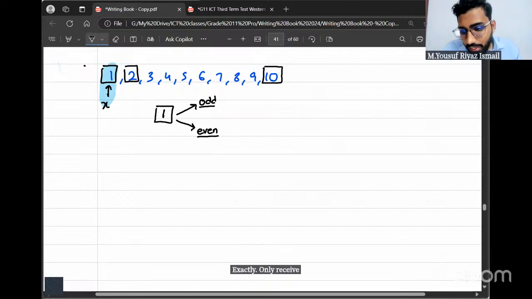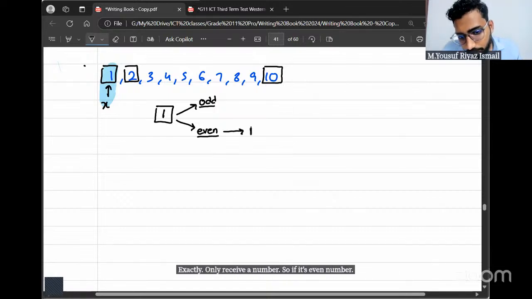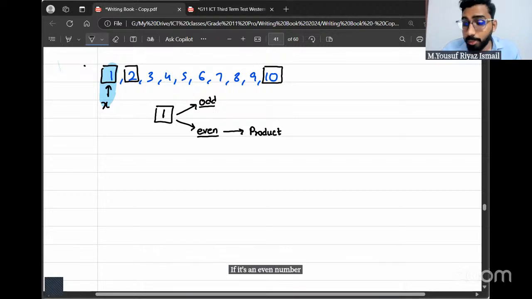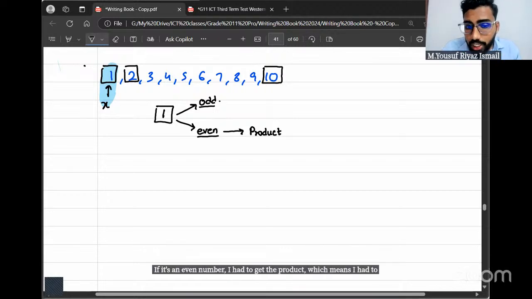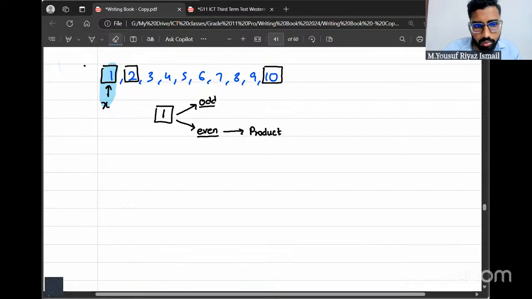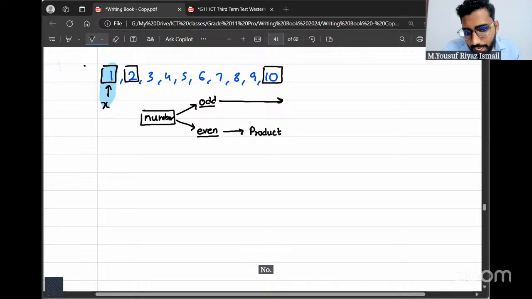So if it's an even number, I had to multiply. If it's an odd number, should I find the product? No.